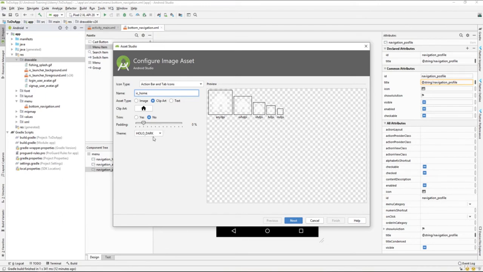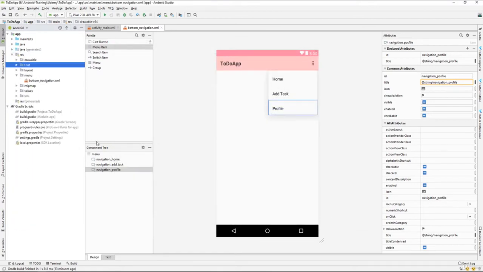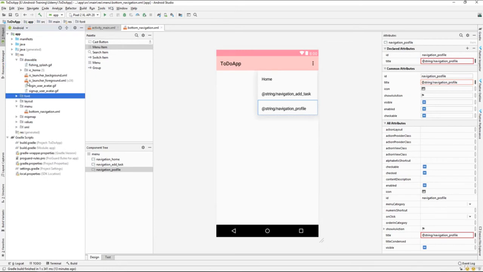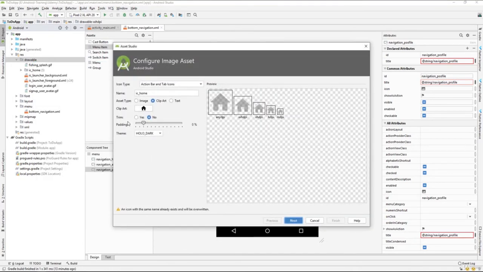So we can just select a custom color, or we can just leave it as the default and click on next. It will add all of your drawable resources to this folder. Just click on finish, and if you go to the drawable folder, you can see that we have added an IC home. Next, let's add another image asset, and for that we will call it